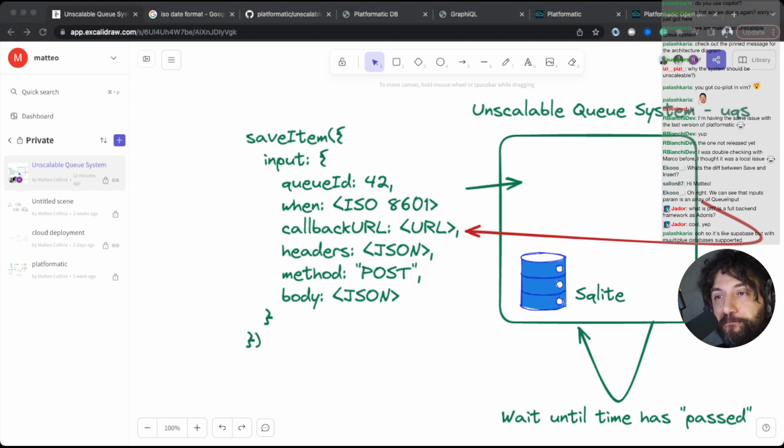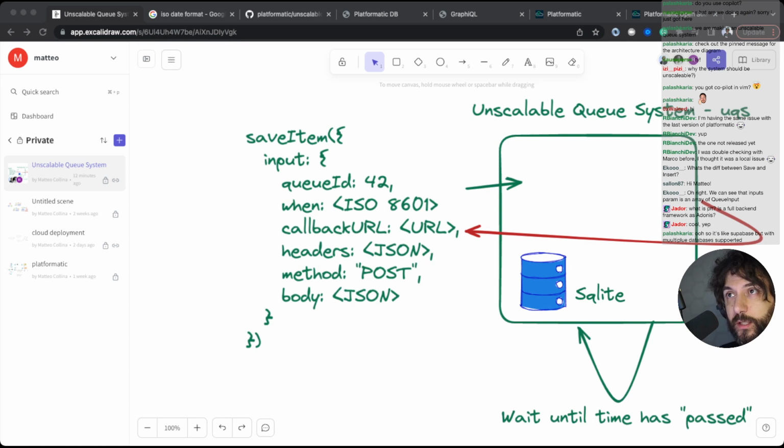So anyway, we are here and we want the QID, when it's a timestamp, then the callback URL, headers, method, and body. We're not doing all of them right now. Well, maybe yes. We definitely want to do the when.